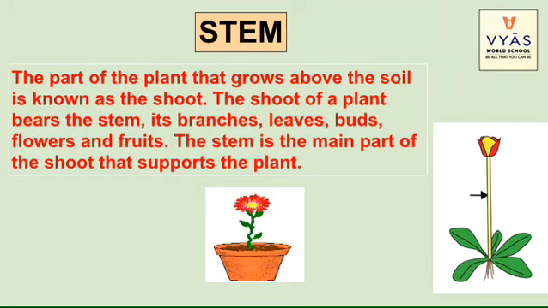What is the function of the stem? The function of the stem is to carry the water and minerals to the leaves so that the leaves may prepare the food for the plant. There are different types of stems. Some plants have soft and thick stems, whereas some plants have very weak, soft and thin stems. There are some plants that even have very strong and thick stems. So we are going to study about all this in the coming slides.